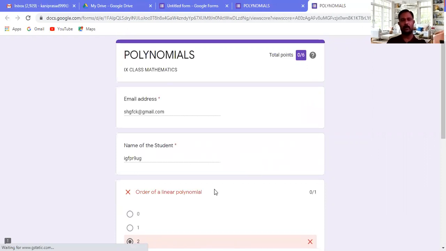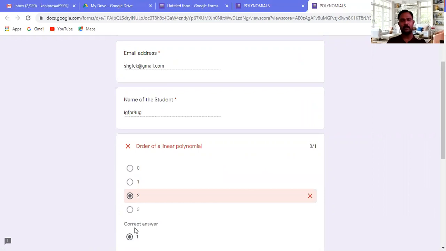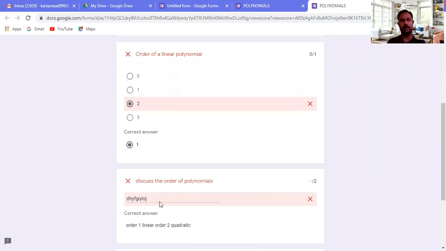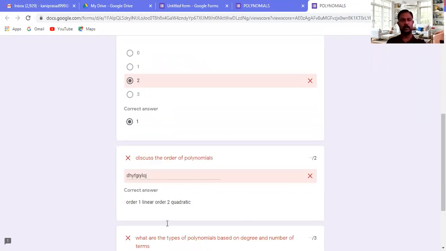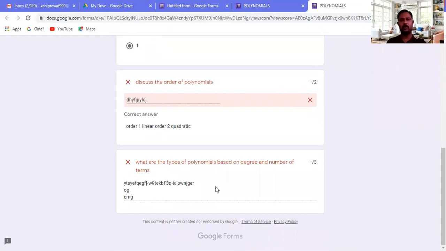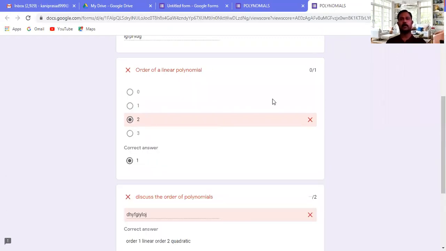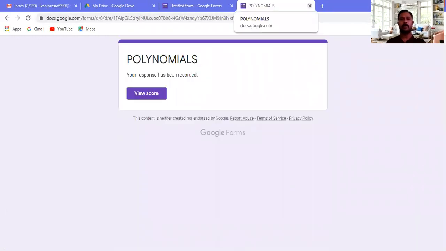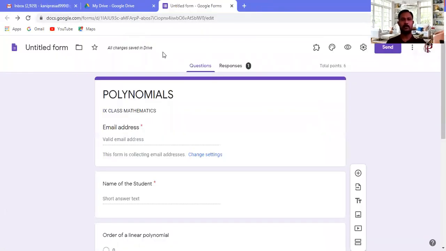That's why for the order of a polynomial it was wrong. Correct answer is 1 because we fed that, right? Discuss a polynomial, I entered the wrong answer. This was the correct answer. And what are the types of polynomials? Whatever I typed, the teacher found it as wrong. So no marks for that. Right? So immediately a student can view their marks. Right? This was the preview.